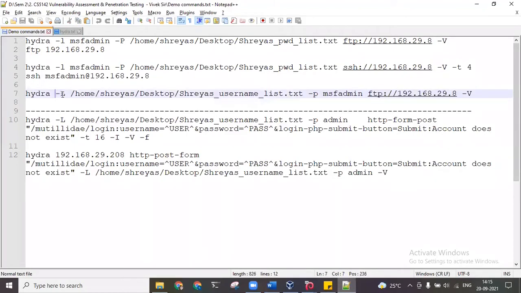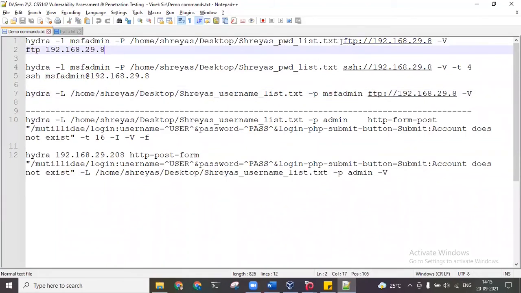So this is how the syntax looks. If we give capital L, we have to give the list of the usernames. Then we have to give the password. Password is also the same thing. In case we are not aware of the password, we would give capital P and then the file which has the list of possible password combinations. And if we are aware of the password, which is a very happy story, then we can directly give small p and the password itself.